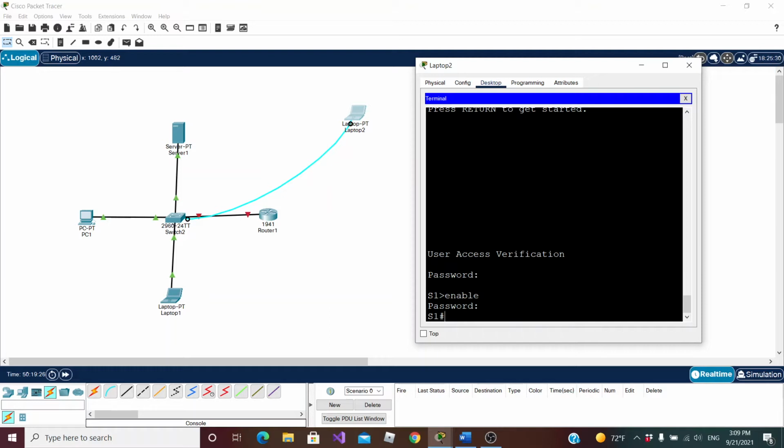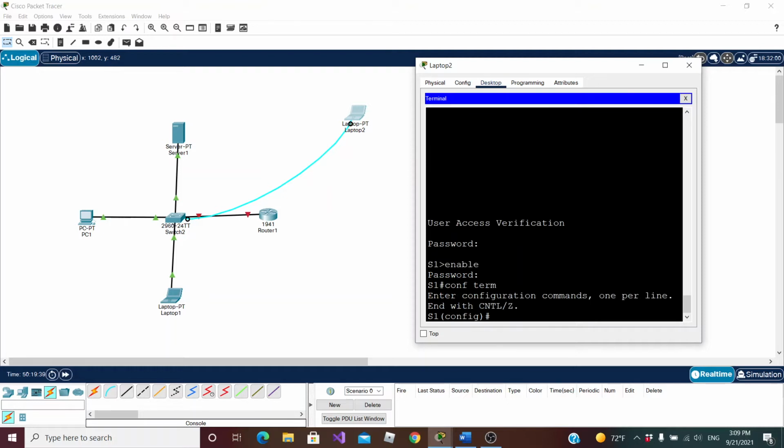Now, one of the things I want to show you here with this operating system is whenever you want to write a command, you don't have to write the whole command. It's enough to write a few letters. For example, configuration, config, TERM. And that will be enough. The operating system is smart enough to understand what you mean by that, as long as there's no conflict with other